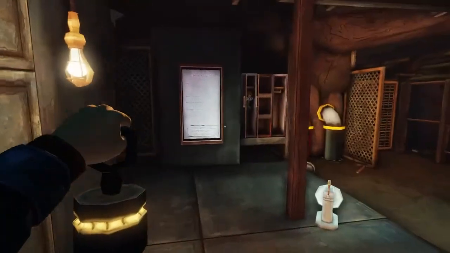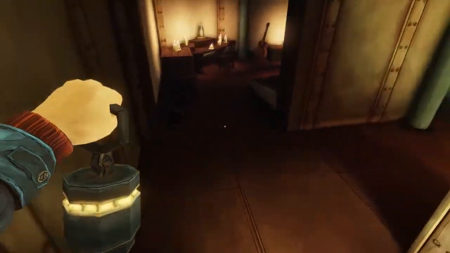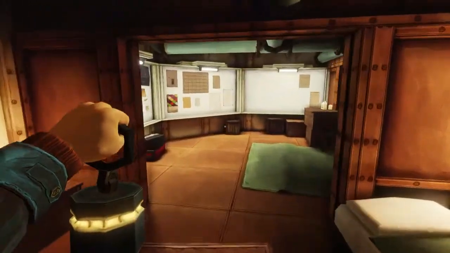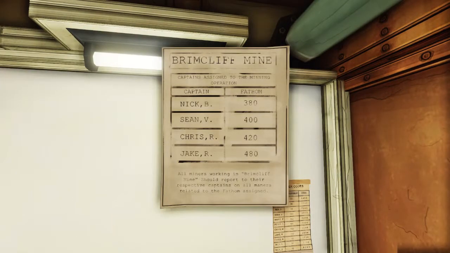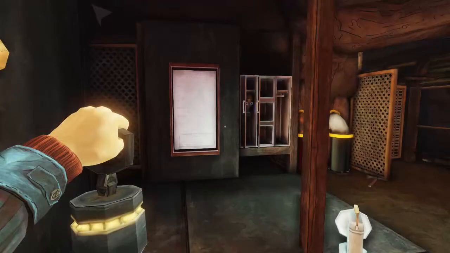As I recall, I believe that the different levels of the mine start at 380 and then work down. I think 380, 400. Here we go. 380, 400, 420, 480. So that might be. Yeah,